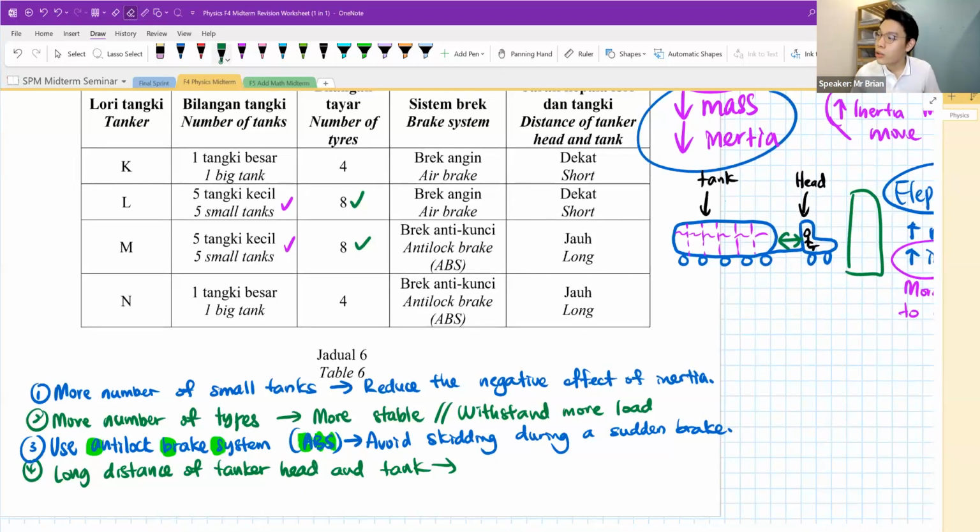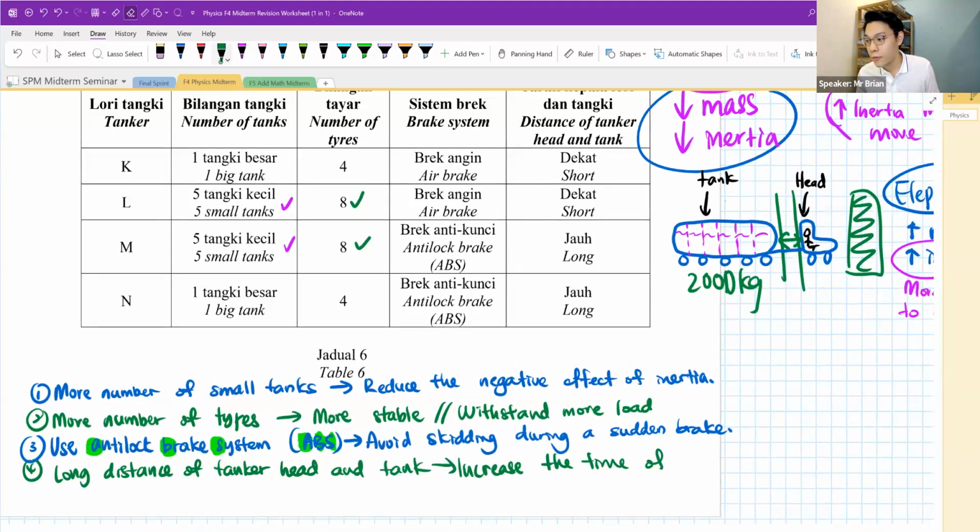you are going to create more time before it hits the very, very heavy 2000 kg petrol tank behind. Can you imagine if in front you have a huge wall, behind 2000 kg also trying to hit you from the back? The 2000 kg will also crush the driver, and this driver will become a hamburger. We don't want that. So you give it more space, to increase. So we use the air space there as like an extra time or extra cushion, that kind of thing, to increase the time of impact